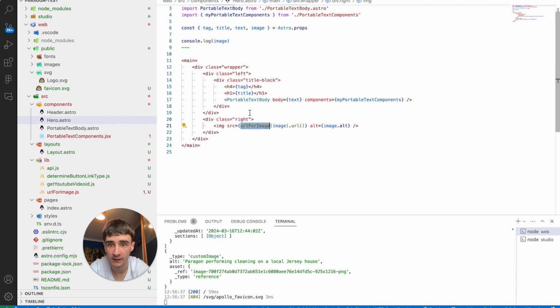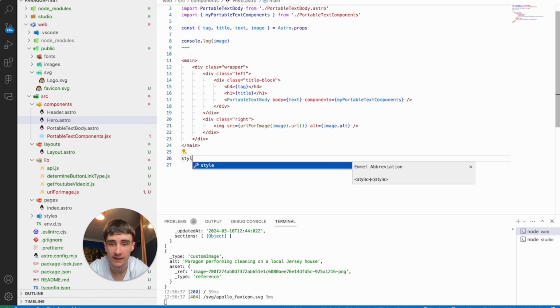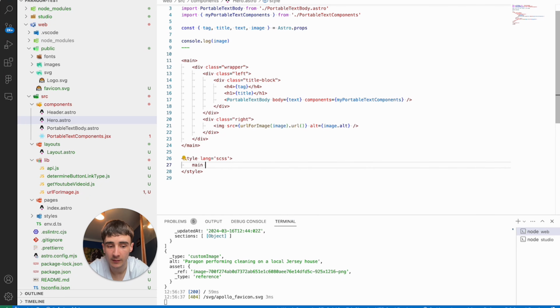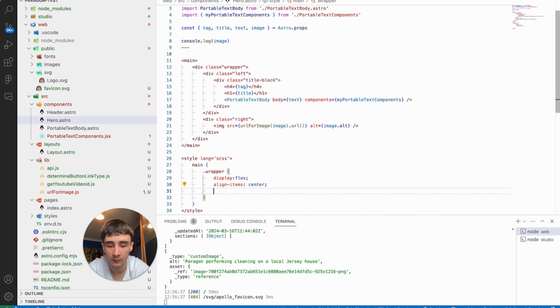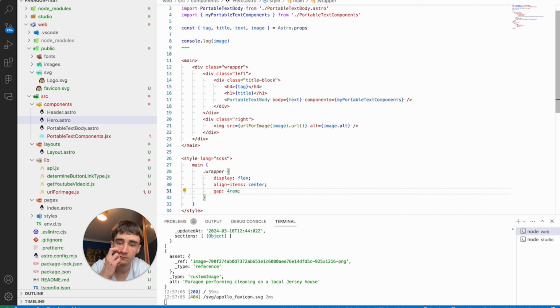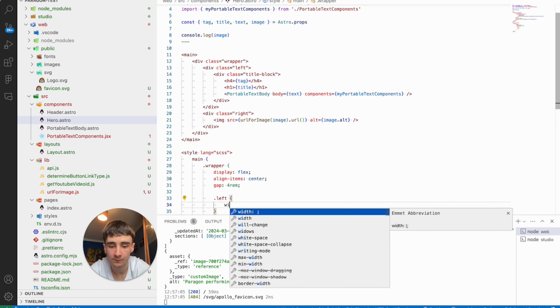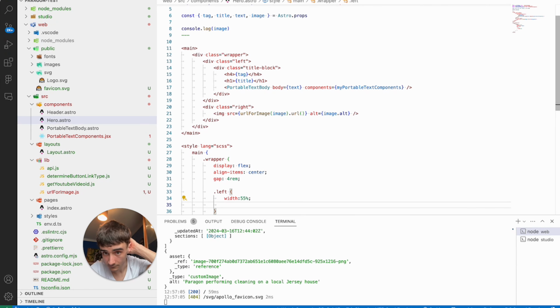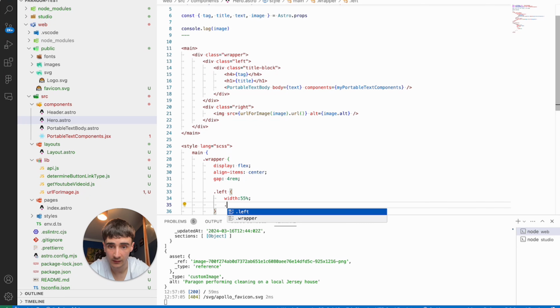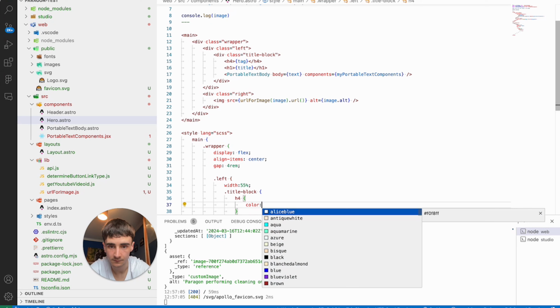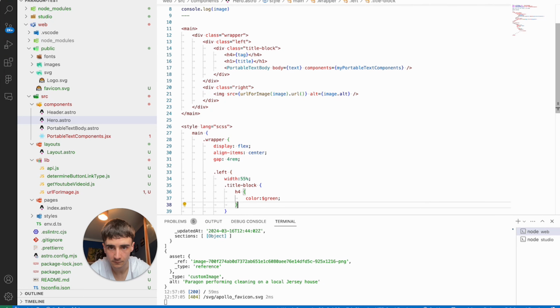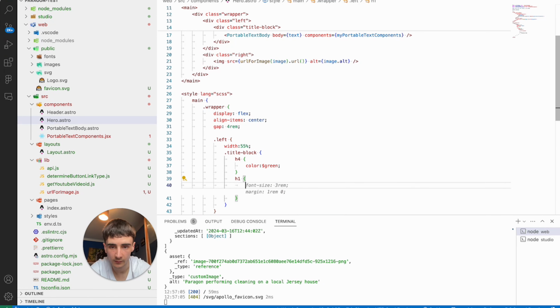So, into the hero here, and I'm going to try and style it without even looking, and this is something I do very naturally now, so language equals CSS. And what we want to do is we want to say main.wrapper is display flex, align items center, it's got a gap of 4 rem, and then dot left, it's going to be a width of 55%, and then inside dot title block, h4 is going to be a color of green, the h1 is going to be a color of black,